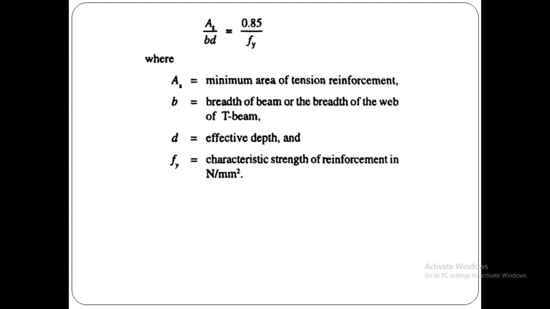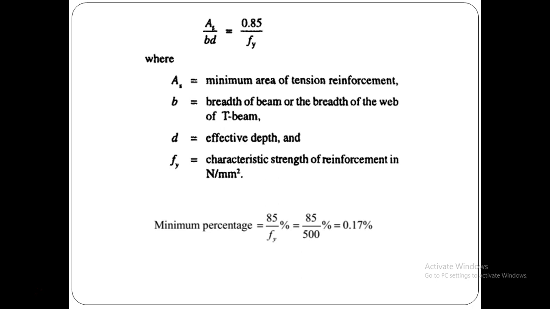Now here As equals the minimum area of tension reinforcement, b equals the width of the beam or breadth of the web in case of T-beam, d is the effective depth as I said, and fy is the characteristic strength of the reinforcement in Newton per mm square. Since in the question it is asked for Fe 500 only, otherwise this can be for Fe 250, Fe 415 or Fe 500 grade of steel. So if you have to solve this problem by considering fy equals 500, we can easily solve that